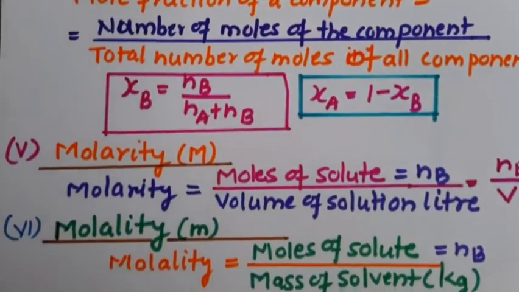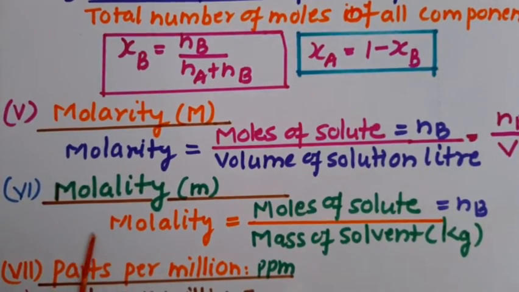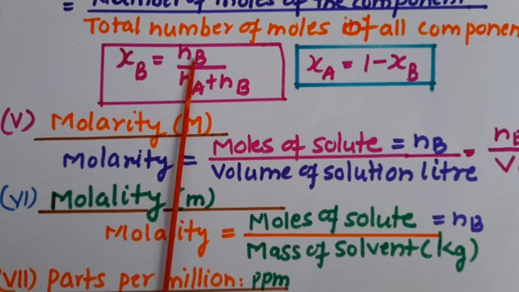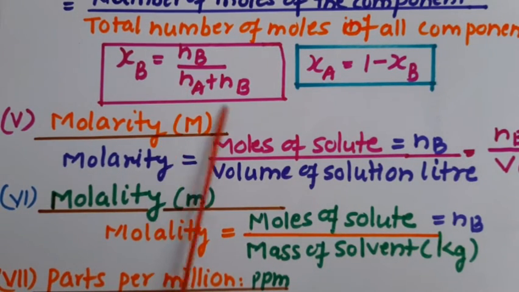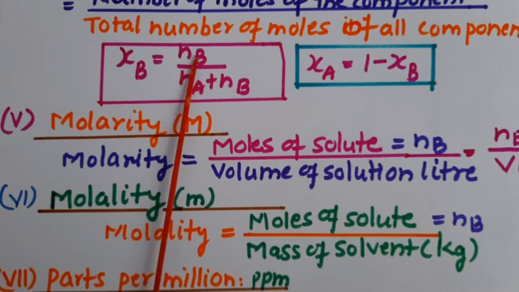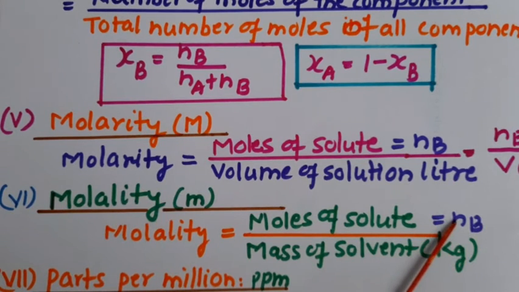Now next, let us convert this percentage composition in molality. For converting this percentage composition, that is the 20% of glucose into molality, we have to find out the number of moles of glucose, that is NB, and we have calculated here NB as 20 gram divided by 180 gram per mole, that is the molar mass of the glucose. So given mass divided by molar mass will give you NB. Here the numerators are the same, NB and NB, and once you have calculated the number of moles for 20% glucose solution, the numerator remains the same in both the cases.